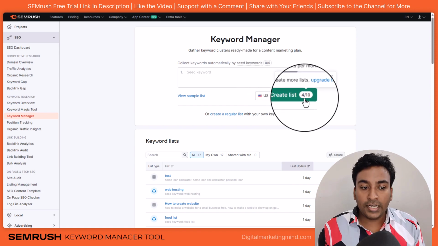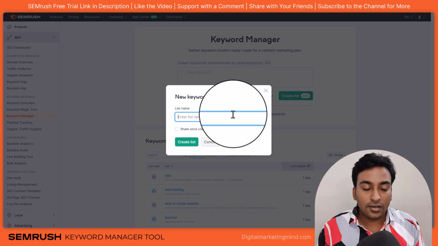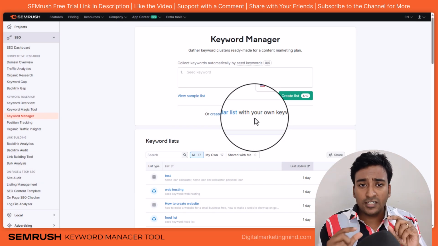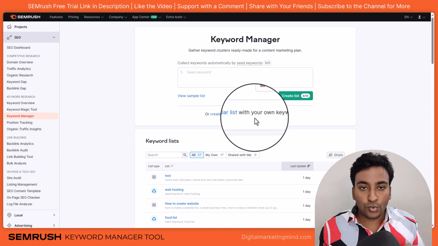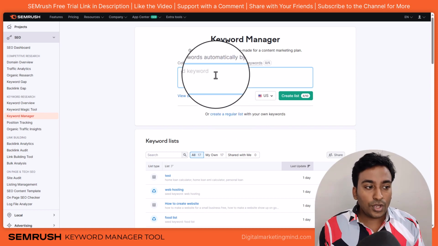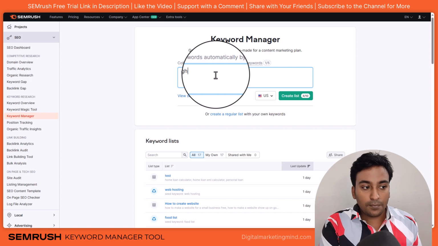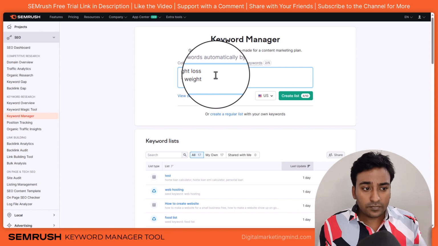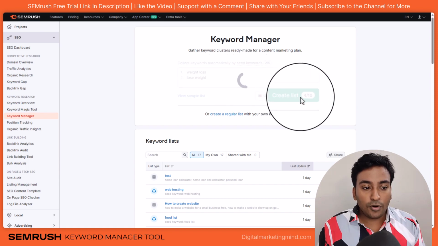Depending on the plan type, it will show you how many lists you can have at the same time here, or you can create a regular list with a name and you can add up to 2000 keywords per list. So you can't add more than 2000 items to a list. So here, as we continue our example, I'm going to enter weight loss and lose weight. Just for the sake of it, I can go for up to 5 keywords, and I'm going to click on create